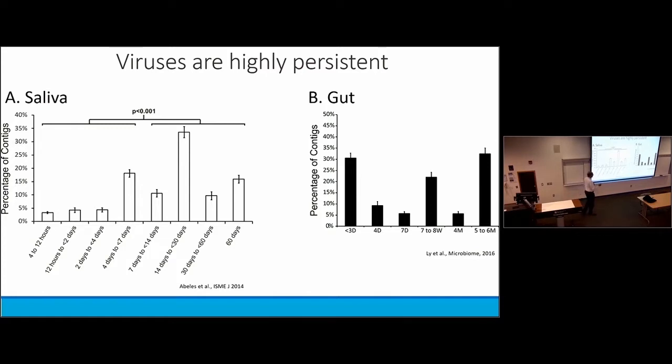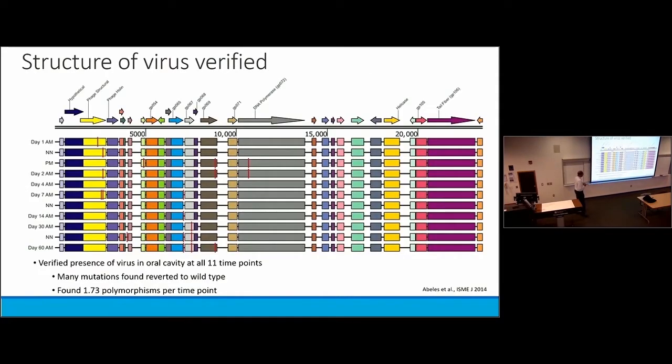We've even gone on to look at that in the GI tract as well, and we find, again, right around 70% of the viruses in your GI tract you can find for 7 days or more. So again, we set out to show that transience was the rule. We actually found that transience of viruses is the exception, and that persistence appears to be the rule.